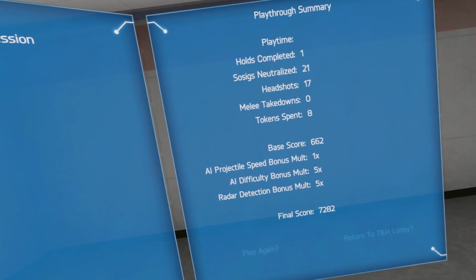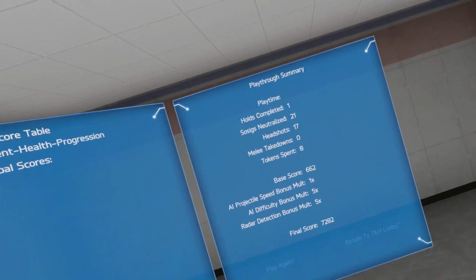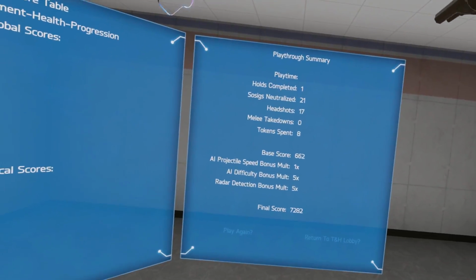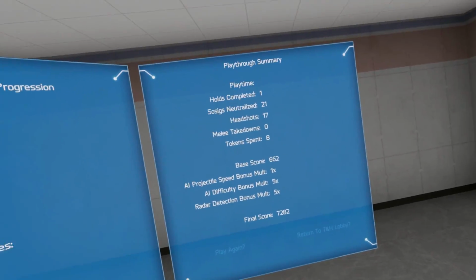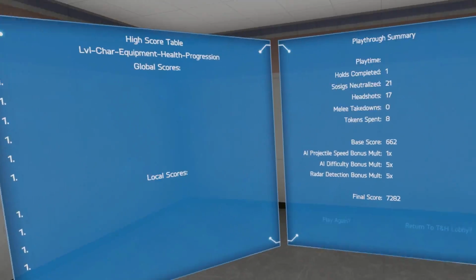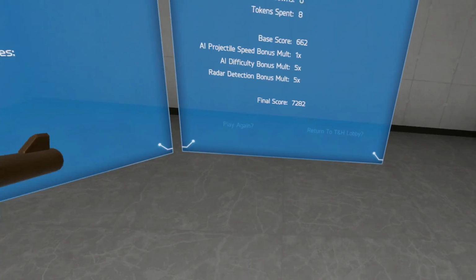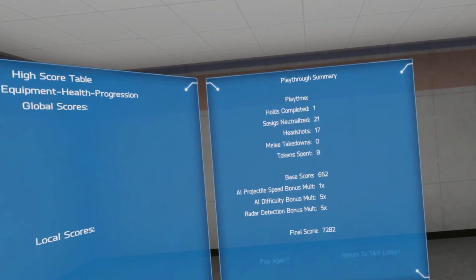So, as you can see, that is still a little too difficult. But I wanted to start from a place of it being too difficult and tone down and find the right things to tone down, instead of it being stupid easy and having to figure out dumb ways to make it harder. So, anywho, I'm exhausted, so let's jump out of VR now and talk about, in a little more